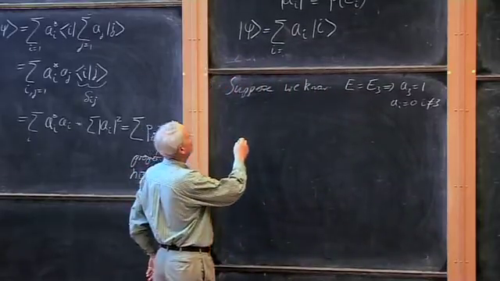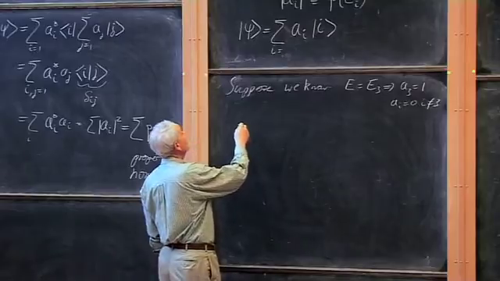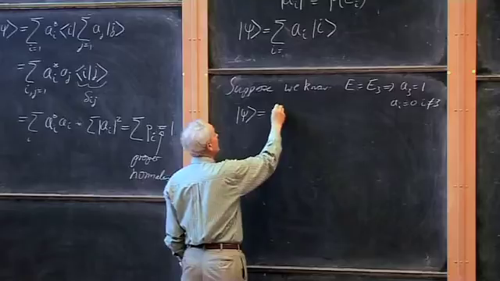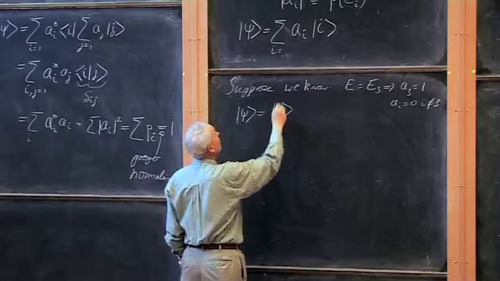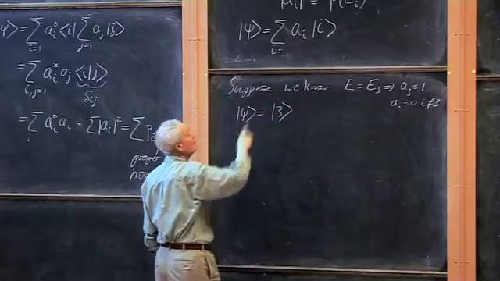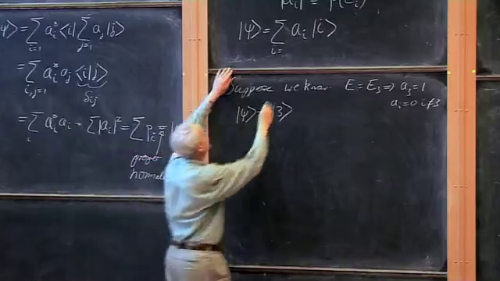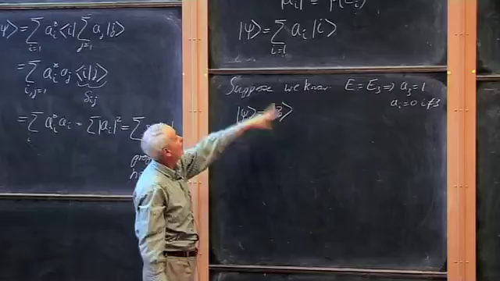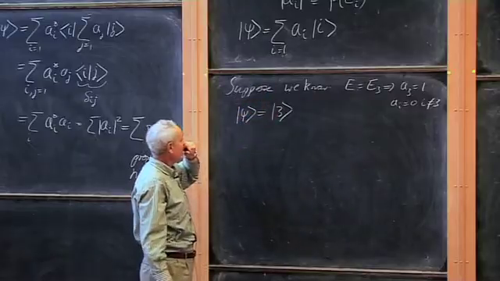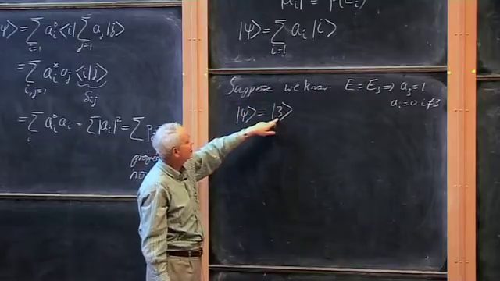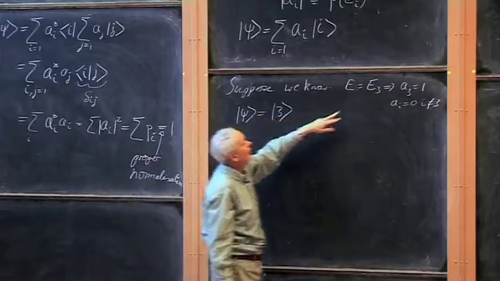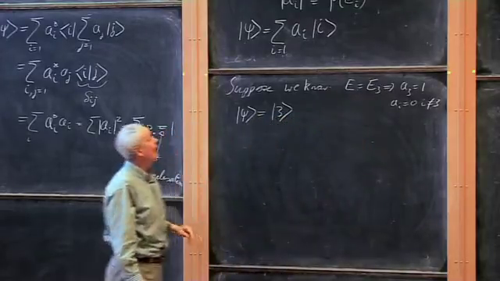And what does that mean? That means that psi, the state of our system, is actually equal to |3>, because in this sum, there's only going to be one non-vanishing term, and that will be A3, namely 1 times |3>. So that tells us that this state |3> is actually the state of definitely having energy E3,